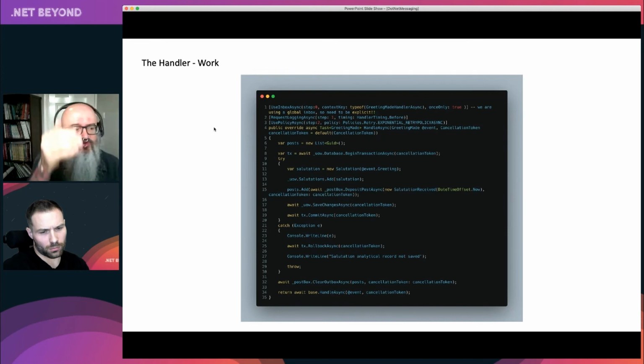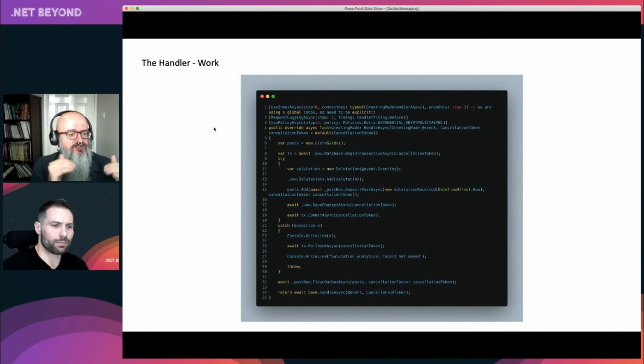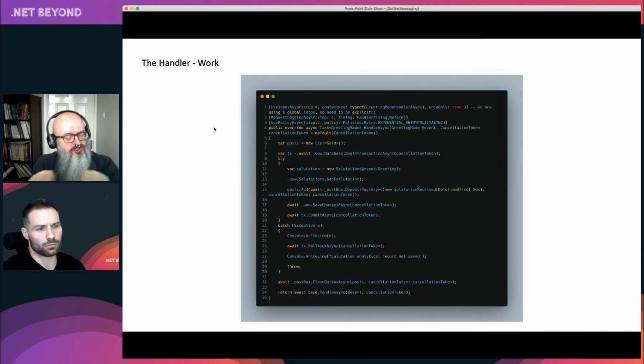Now, sometimes, of course, what happens, which is why we say posts here, is I might have many things I'm doing that create a number of messages to send downstream. So effectively, I let you send more than one. We also, by the way, in Brighter, let you not do clear outbox manually here. You can just put them in the post box and you can set something up that runs in a thread in the background that every so often just clears any messages that are pending. The price of that is slightly more latency because you have to wait to the next clear. This gets you the lowest latency, says do it immediately.